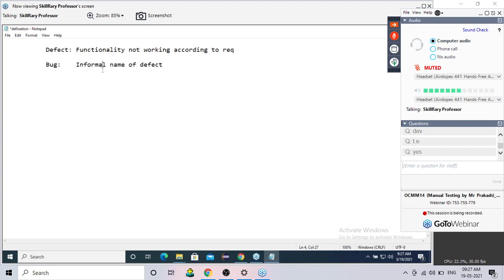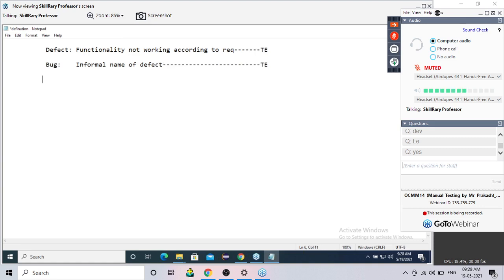And this became so famous that every test engineer, developer, manager is using the word bug only. Sometimes on the internet you can observe that bug means something which is accepted by the developer. All that is a nonsense answer. From today, defect and bug are actually the same, but bug is another name of a defect. So a test engineer can use this word or defect also. Am I clear? So whatever you want, you use it. That is not a problem.